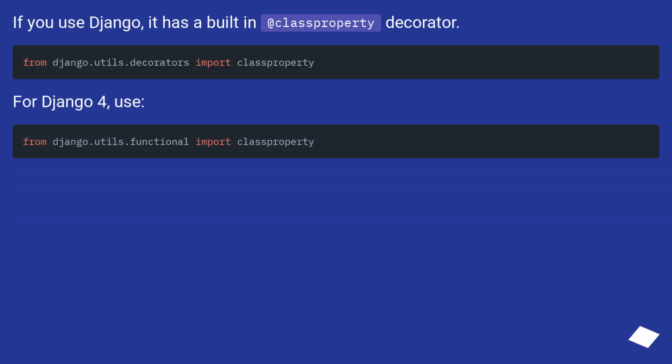If you use Django, it has a built-in class property decorator. For Django 4, use